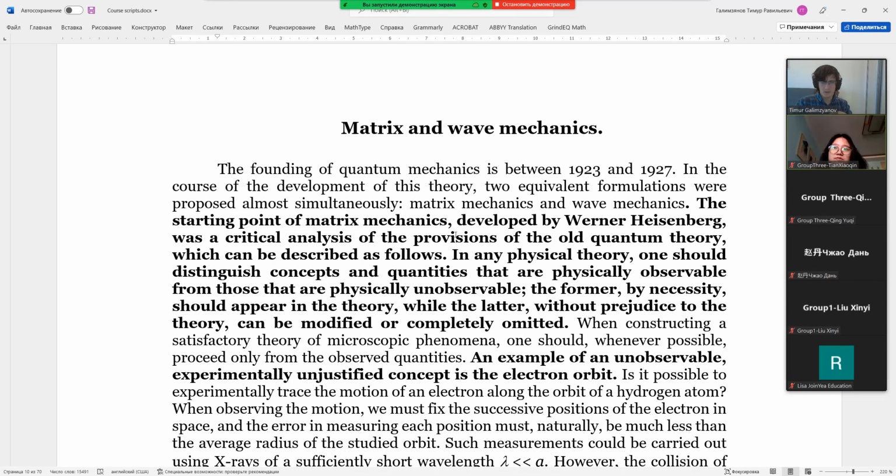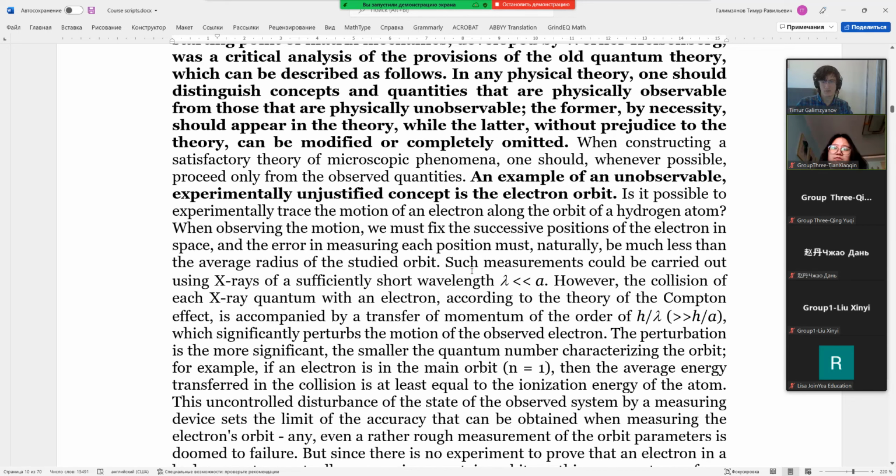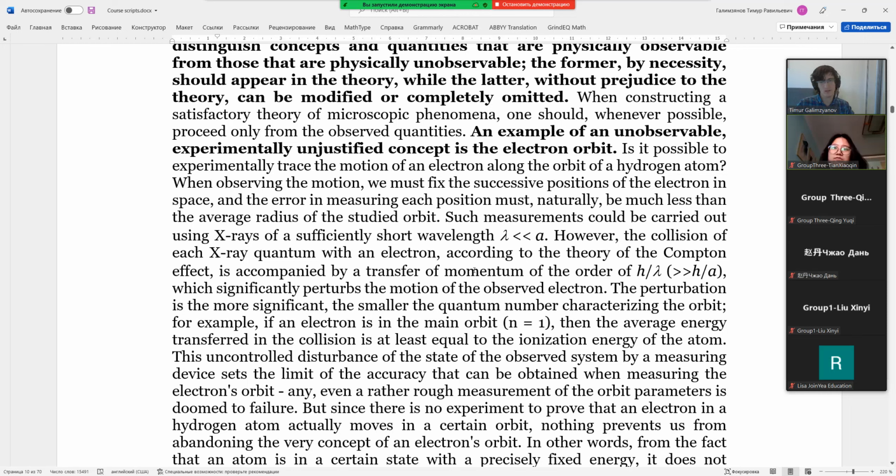And using this principle, he built so-called matrix mechanics, in which he described the system. If we're speaking about the atoms, the electron in the atom, in terms of the energies. What do I mean by the discrete energies? What do I mean by